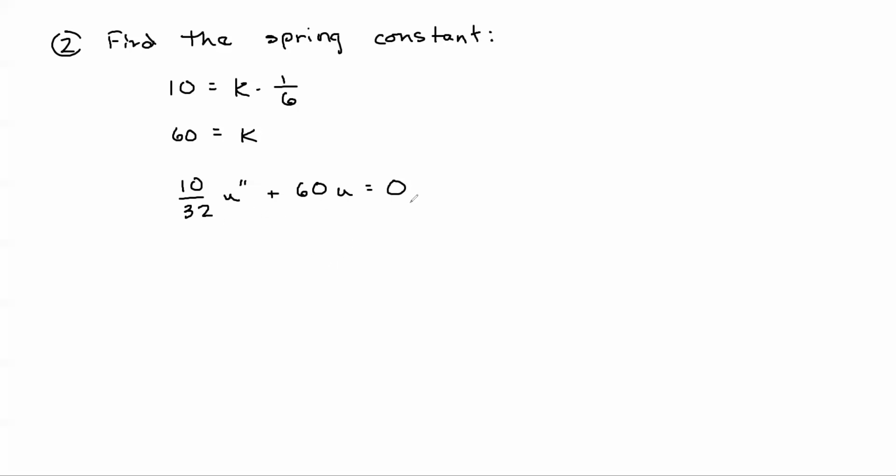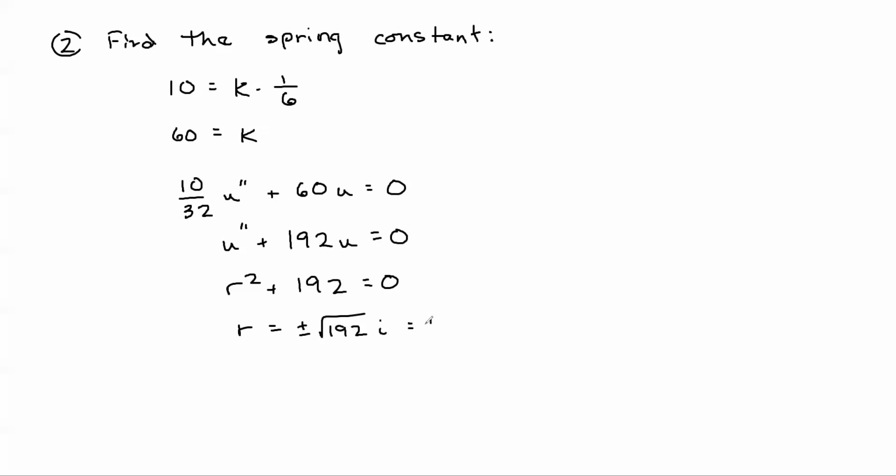So if we clear out these fractions, we get U double prime plus 192U equals 0. And then we could form the characteristic equation. We get R squared plus 192 equals 0. That gives us R equals plus or minus the square root of 192 i, which we can reduce to plus or minus